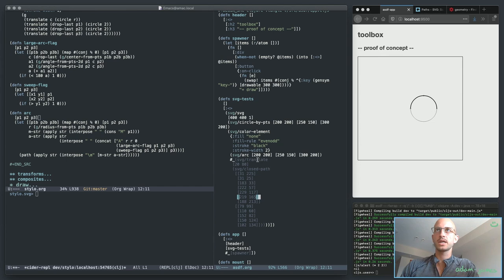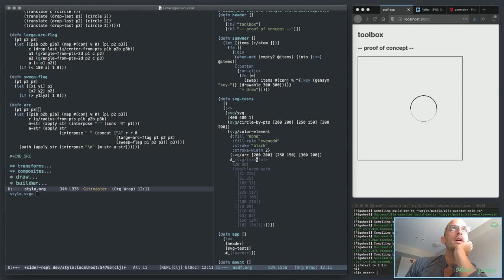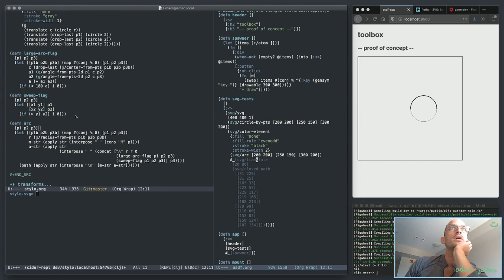the CAD objects. And I implemented an arc. I had two functions here, sweep flag and large arc flag, that will adjust the certain flags of the arc string to change the